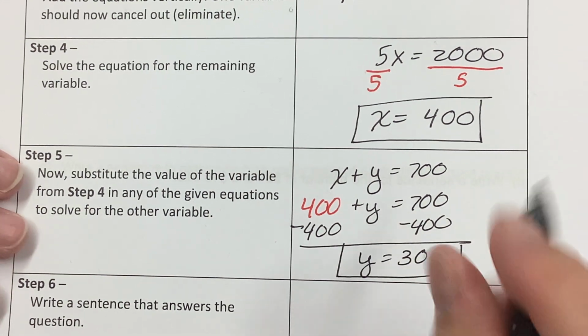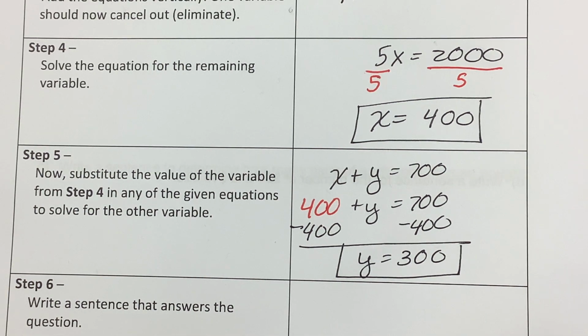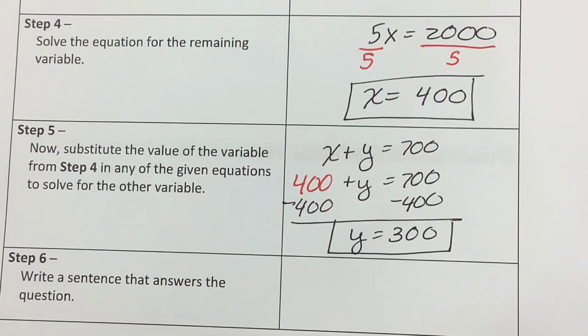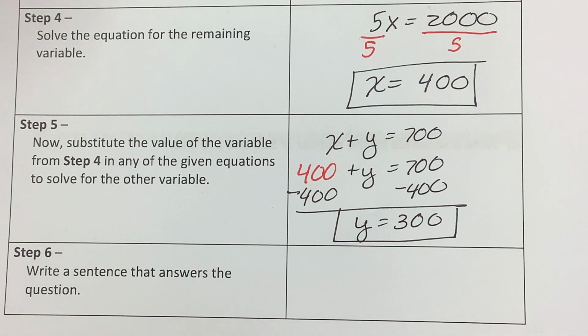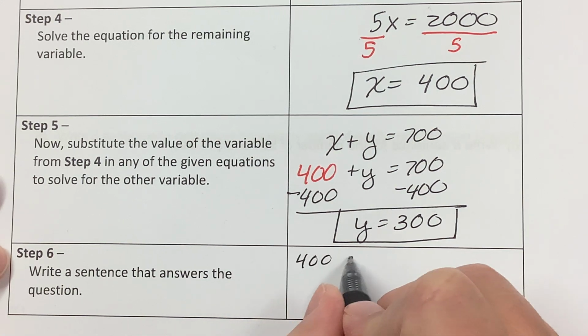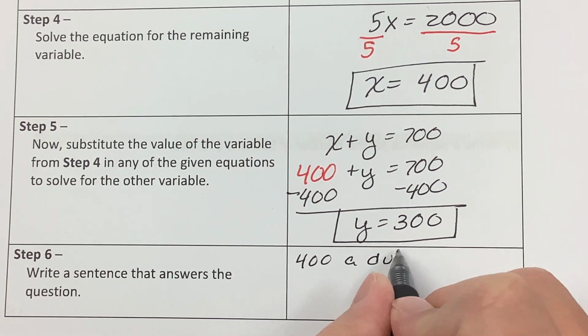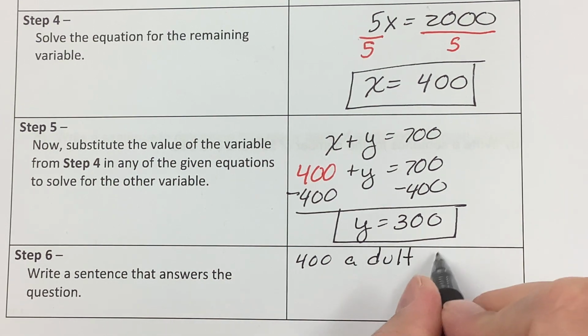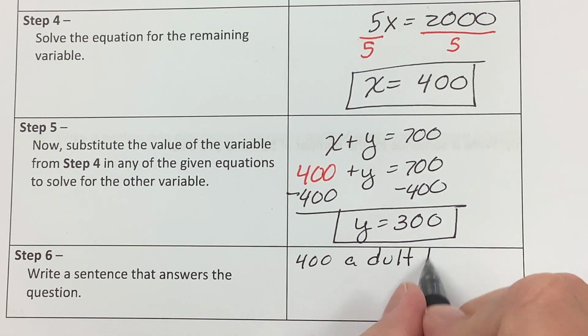So now I know x and y, but that doesn't really mean anything unless I go back and write myself a sentence saying 400 what? 300 what? I have to answer the problem, and the problem was find the number of adult tickets and the number of children's tickets sold. So, here's my solution. 400 adult tickets,